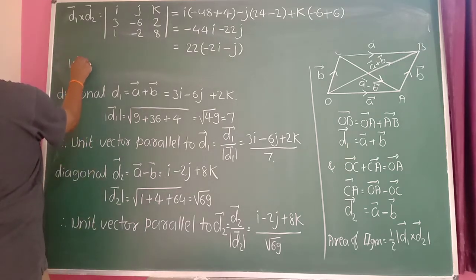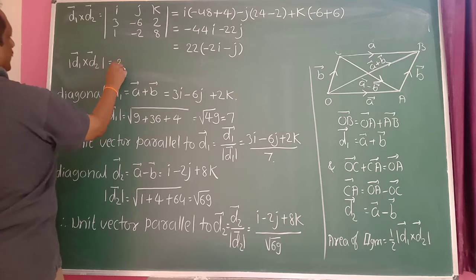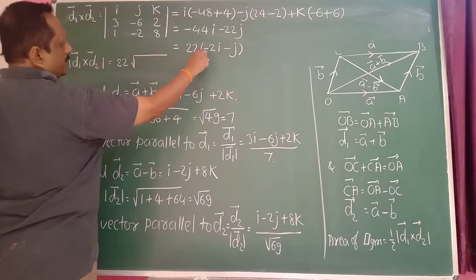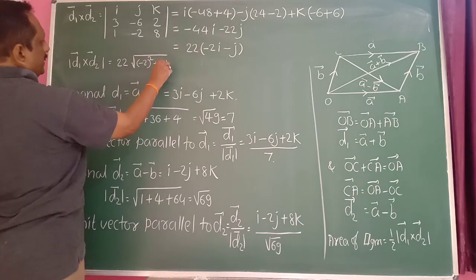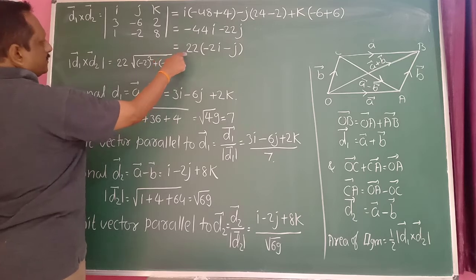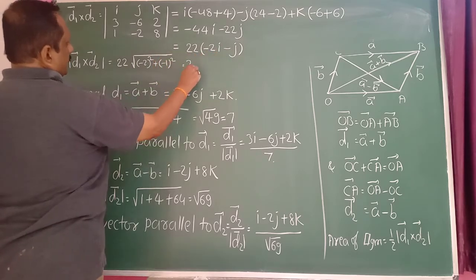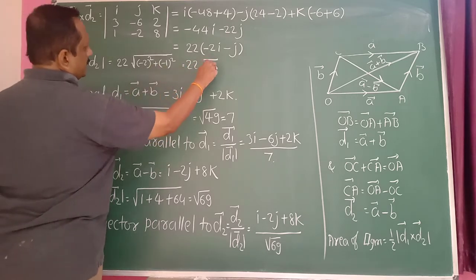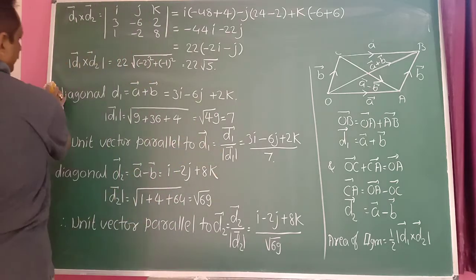Modulus of d1 cross d2 is equal to 22, the constant, times the root of (minus 2) square plus (minus 1) square here. Therefore 22 into root of 4 plus 1, which becomes 5. It is root 5. Therefore the area of a parallelogram